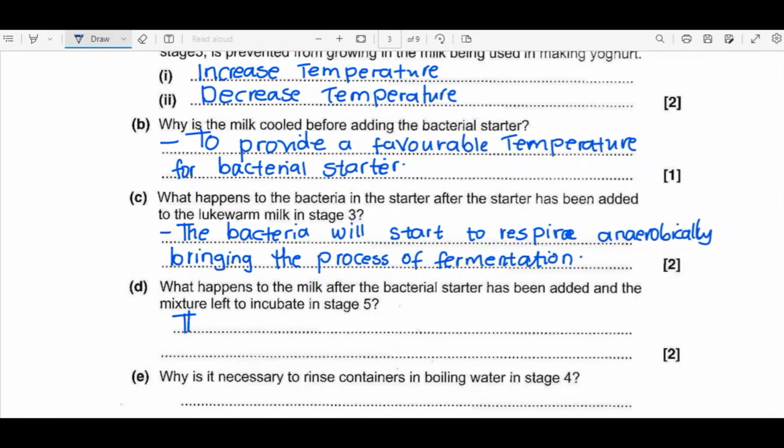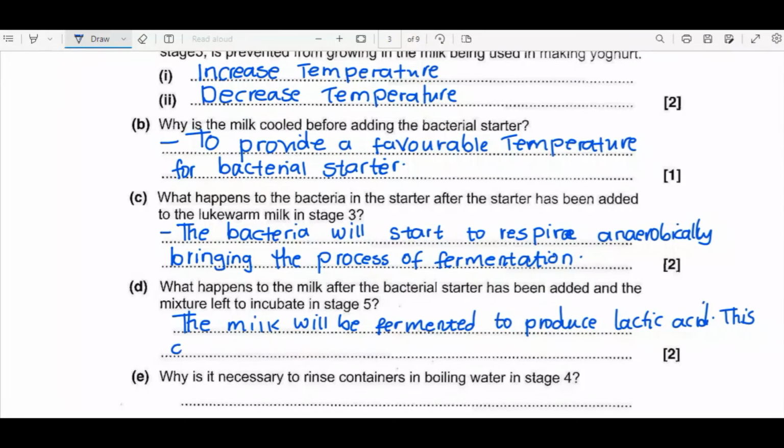So the milk will be fermented to produce lactic acid. This acid will lower the pH